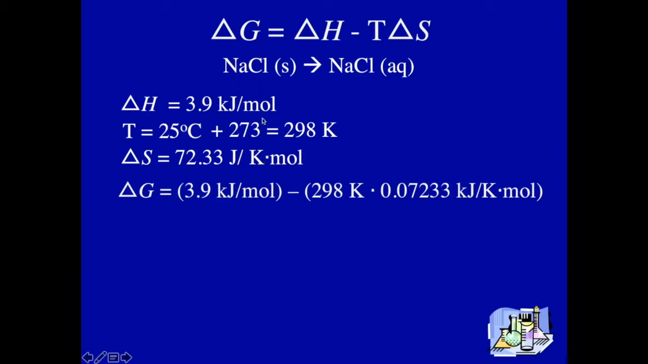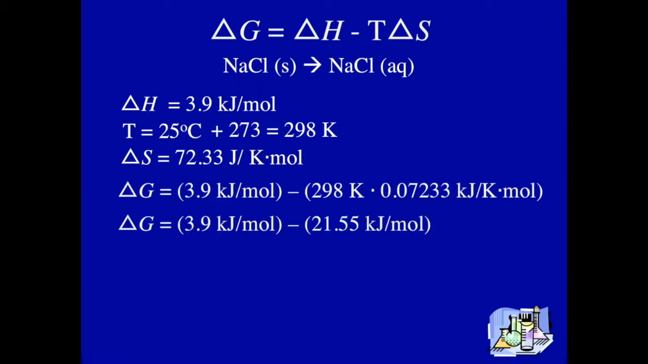Now, this is also done per mole. So if I had 1 mole of salt, I would absorb 3.9 kilojoules and I would release 0.07233 kilojoules of energy. Now, would this reaction proceed? It would be 3.9 kilojoules minus 21 kilojoules when I do the math. So my overall delta G is negative 17.6 kilojoules for each mole of salt that dissolves, which means overall energy is released. The energy is in the form of